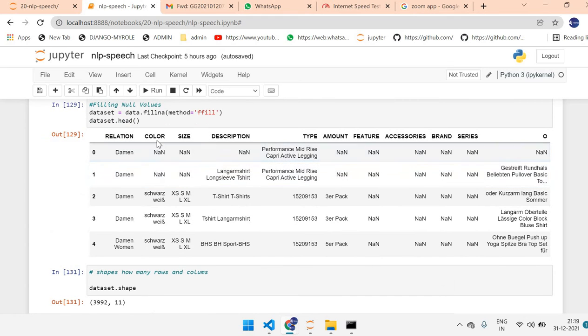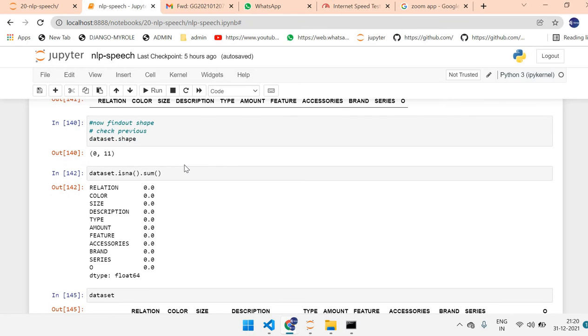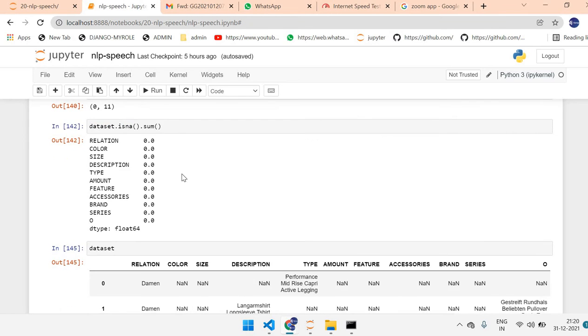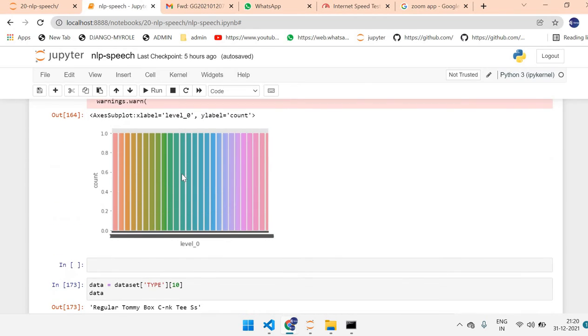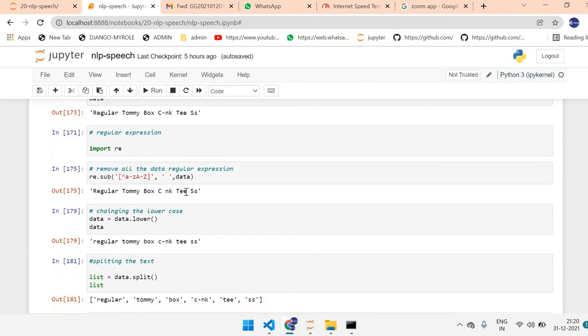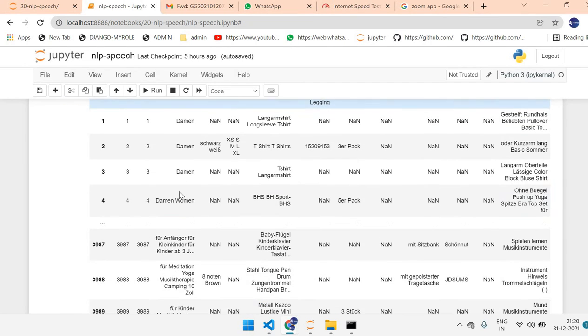After that you have to get the head part, data shape, column names. One by one, it is already working. So you get this format. Why am I showing this format? Without this format, you can't get the data.